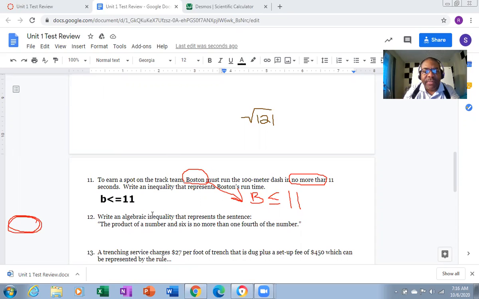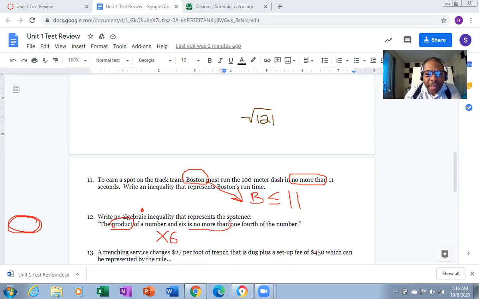Number 12, write an algebraic inequality that represents a sentence. The product of a number and 6 is no more than 1/4 of the number. The product, what does product mean? Product means times or multiplication. All right, we'll get rid of that one because we're big people now. We don't use x for the multiplication. The product of a number, let's say the number is x, and 6. So x times 6